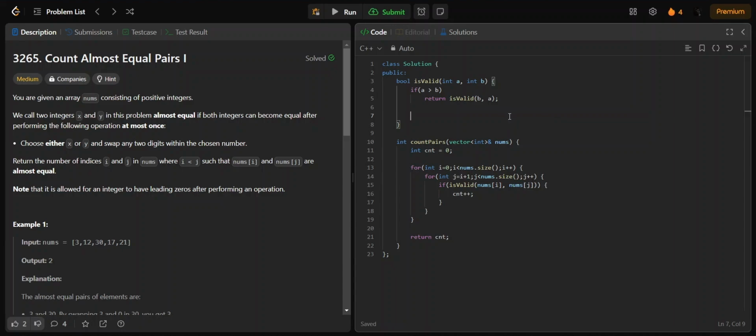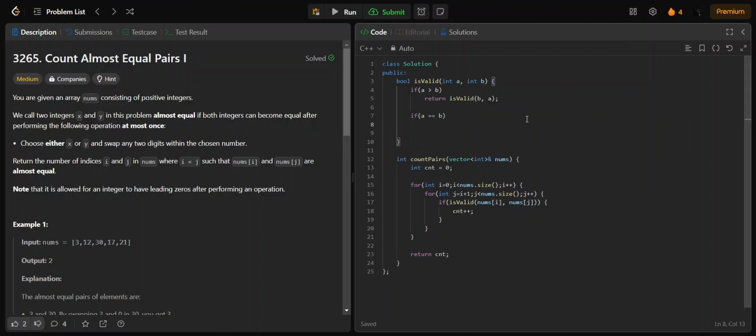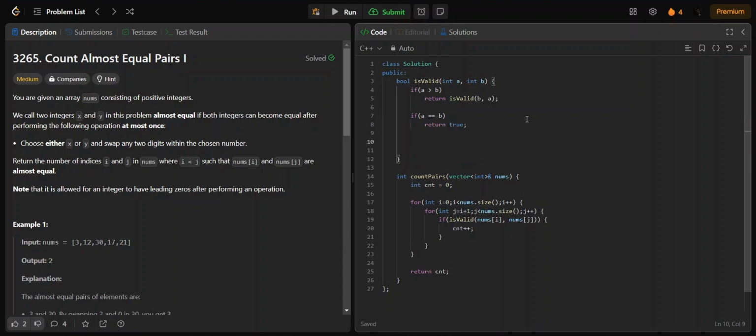Next, it is saying that we can do the operation at most once, which means either it is already almost equal, that means it is already equal, or we have to swap any two indices, then it will be equal. So first check if a is equal to b or not. If a is equal to b, then just return true. Okay, and if a and b are not equal,